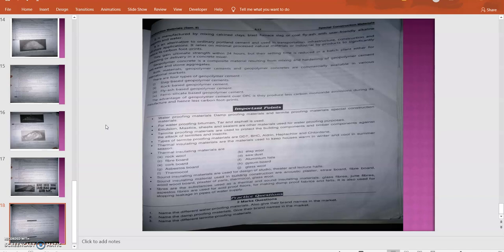There are four types: first, slag based geopolymer, then rock based geopolymer, fly ash based geopolymer, and lastly, ferrosilicate based. So that is all about the geopolymer, and geopolymer is generally utilized in many constructions to produce less carbon monoxide emissions during its